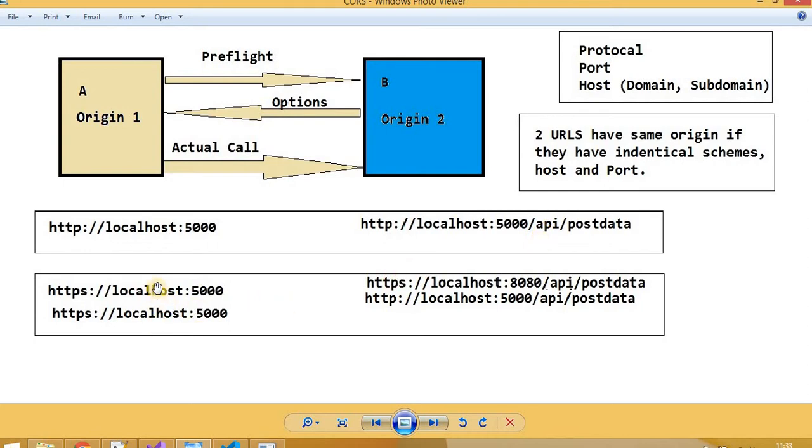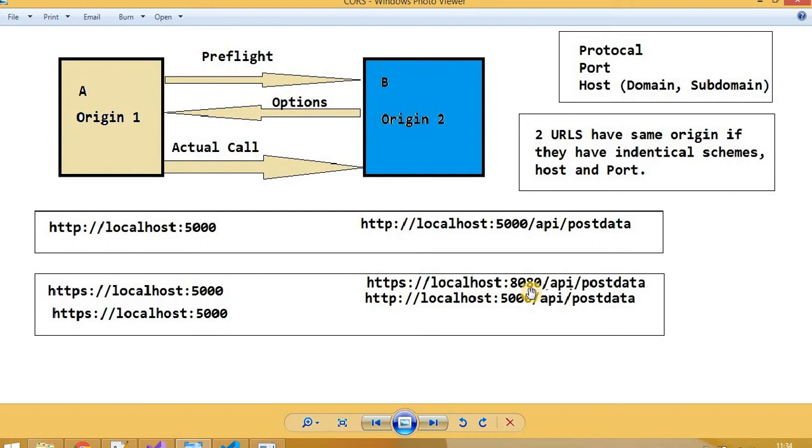But down here in the first URL, the protocol is HTTPS, and the target is also HTTPS. But if you see the port number here, it's 5000, and in this case it's 8080. So it means the same origin does not exist here. I mean identical schemes are not there, because the port numbers are different.